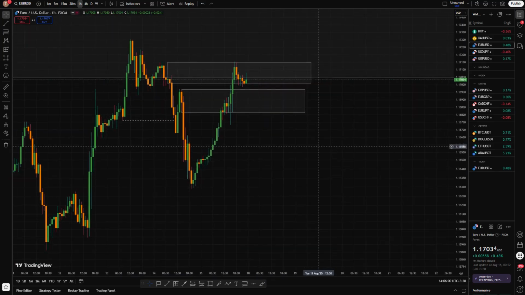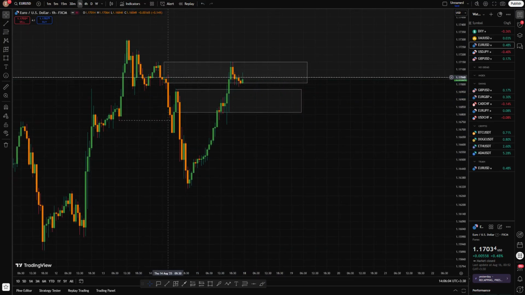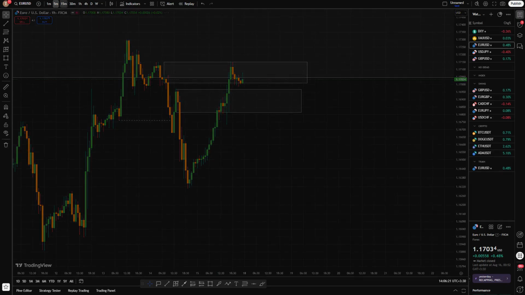Why? Because as I said before in the DXY, when we have an order block that we haven't used the liquidity of, and after we have BOS, break of structure, we can enter a sell position here if we see a 5M